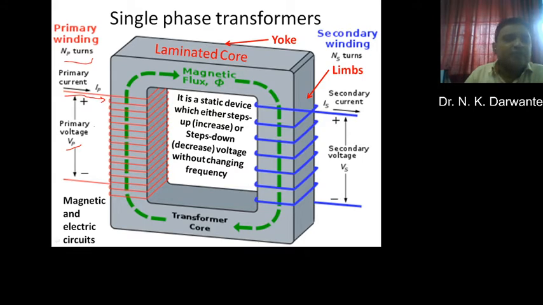that is the primary current. Similarly, another winding is also wound over another limb, and that is known as the secondary winding. The voltages appearing across the secondary terminals are known as the secondary voltages, and the current circulating through the secondary winding is known as the secondary current, and there are two limbs. Here you can see the two limbs.